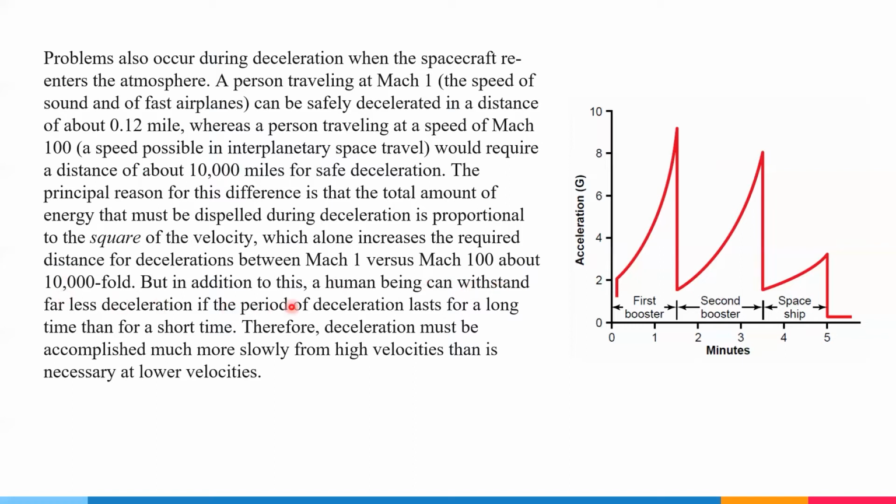But in addition to this, a human being can withstand far less deceleration if the period of deceleration acts for a long time than for a short time. Therefore, deceleration must be accomplished much more slowly from higher velocities than is necessary at lower velocities. Thus, essentially,